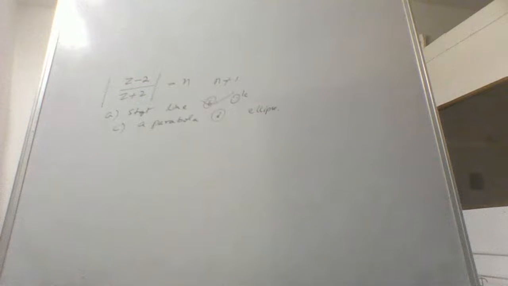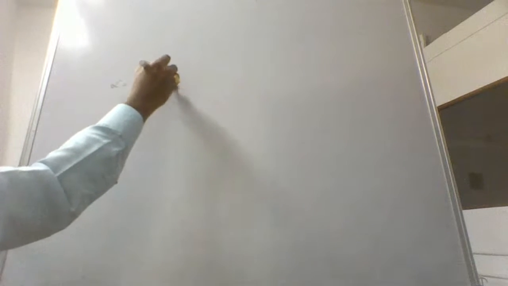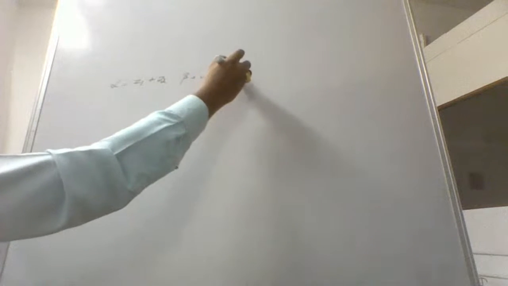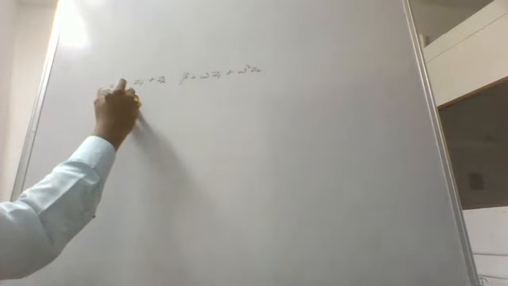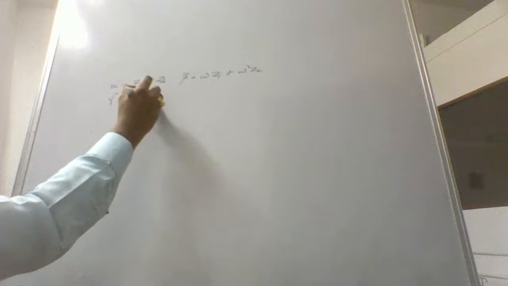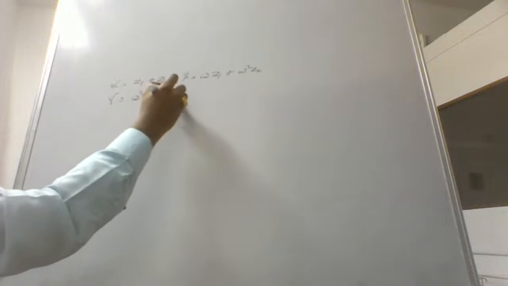Now suppose we let alpha be z1 plus z2, beta be omega z1 plus omega square z2, and gamma be omega square z1 plus omega z2, where omega is a complex cube root of unity. Then